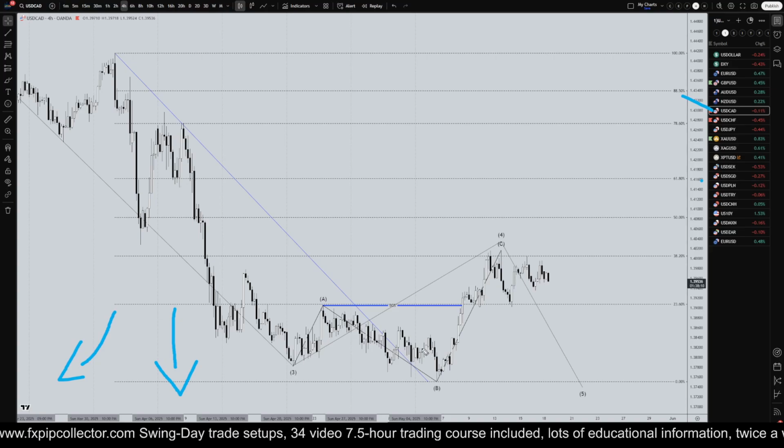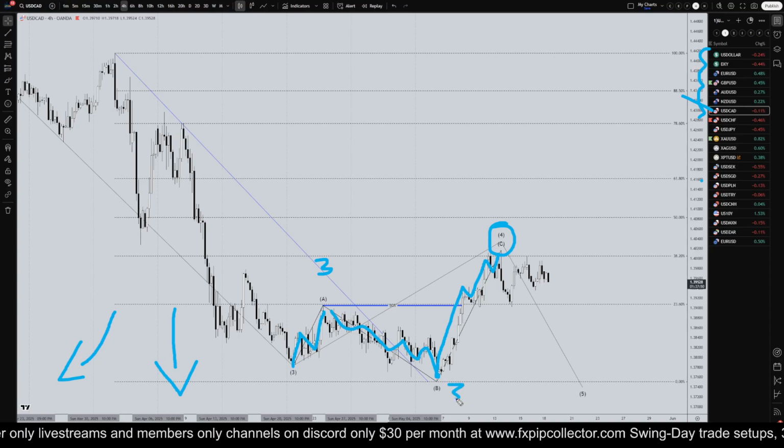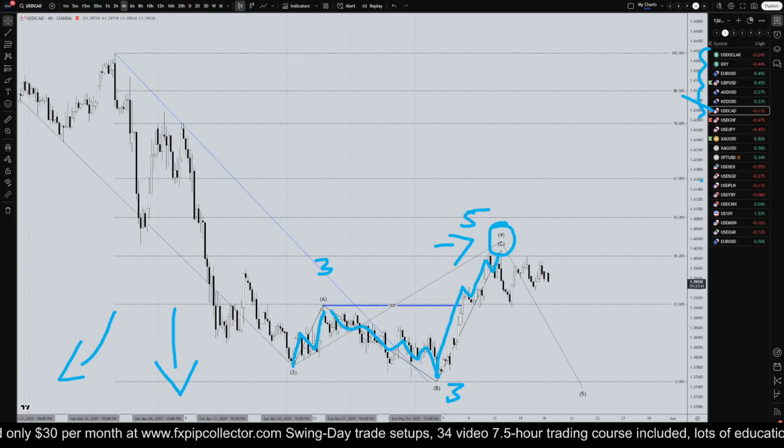So anyways, on the US dollar CAD, mostly because of looking at correlated dollar pairs, especially the dollar index, I think we might have the end of a pullback right here. Whether it's a wave four or not, I don't really know, but it definitely looks like one, two, three waves up, definitely looks very corrective down, and it definitely looks like five waves up. It looks to me like we made an expanding 3-3-5 pattern, which is a flat. It looks like an expanding flat for a possible wave four or possibly just a subdivision of a much, much